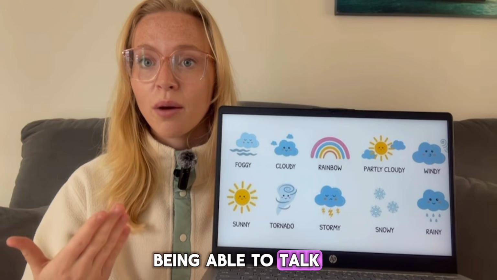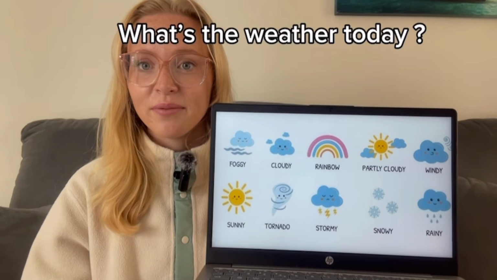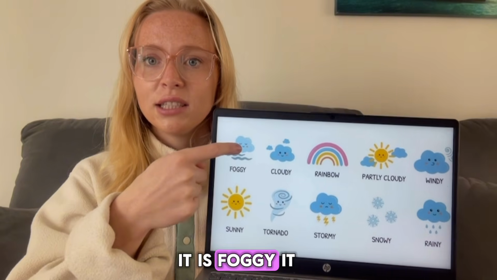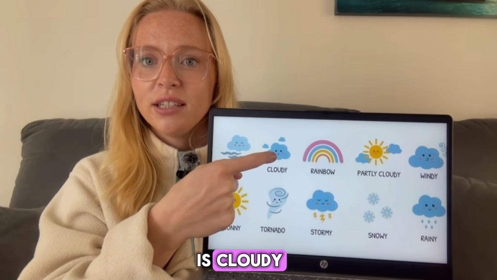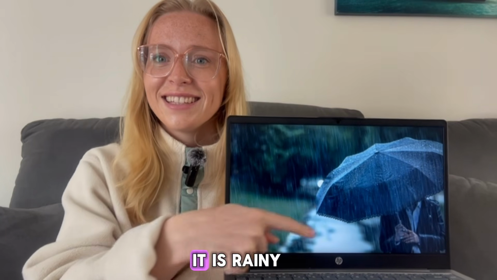Being able to talk about the weather is very important. What's the weather today? It is foggy. It is cloudy. How is the weather today? It is rainy or